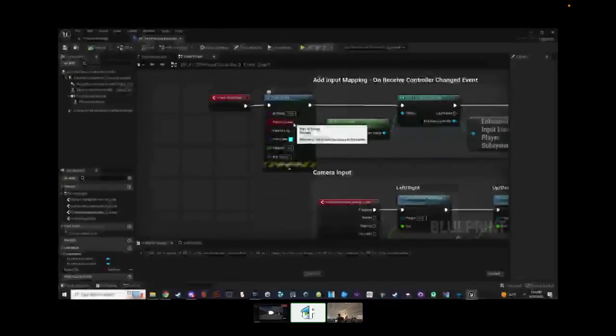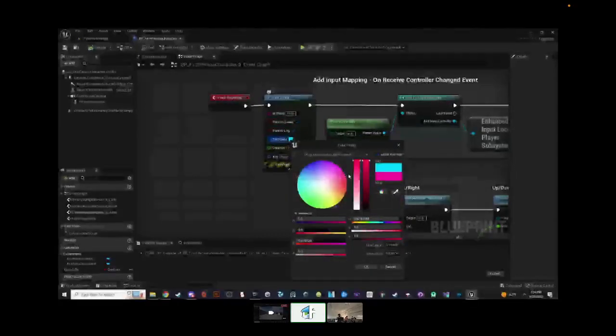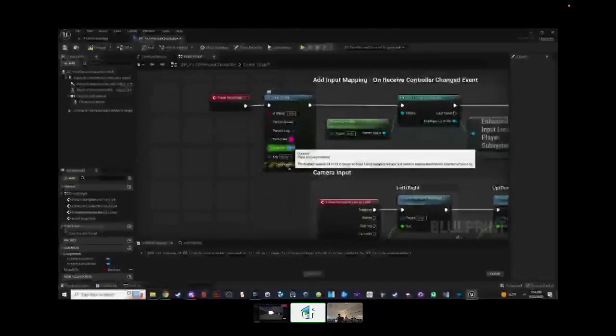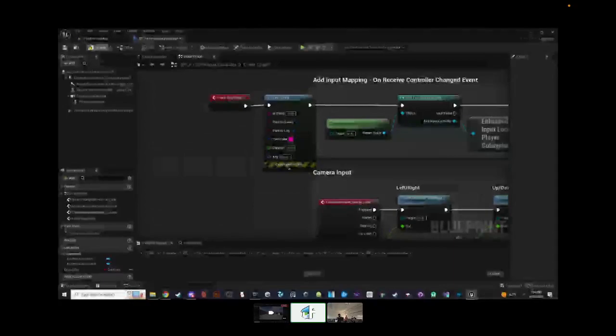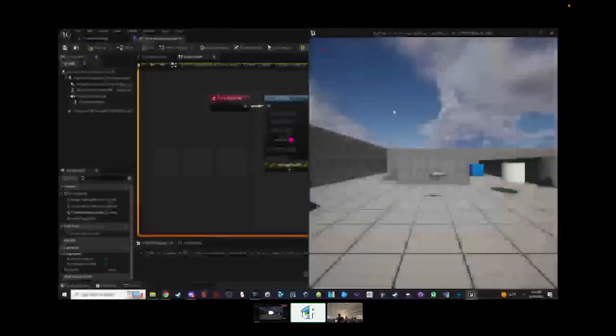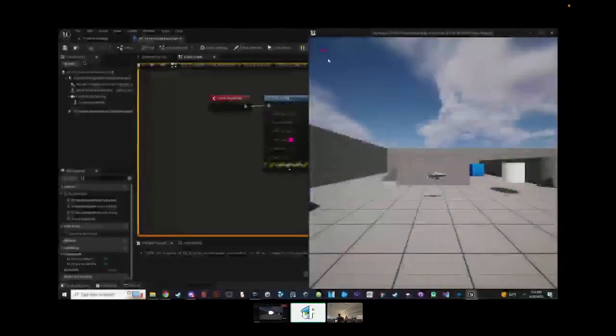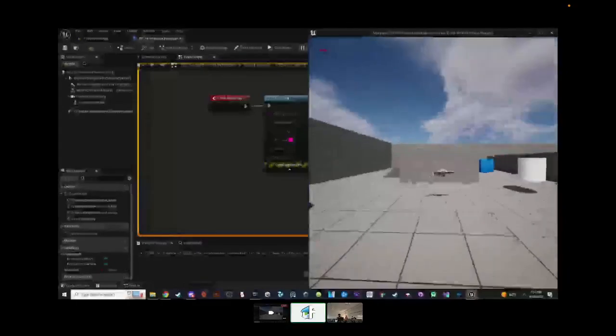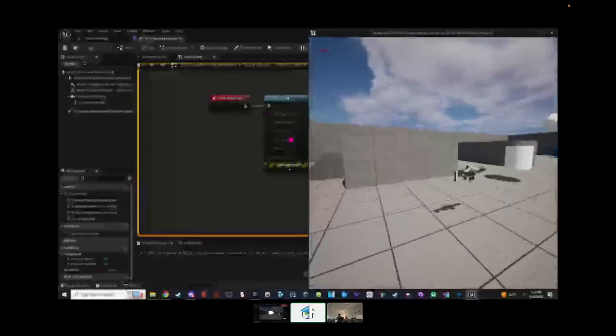And hey, look, more options. Print to the screen, to the log. You can change the text color as well. Let's make it magenta, I like magenta. And the duration as well, so let's make that last 10 seconds instead. Okay, compile, press play again. Cool, hello, in magenta, and it's lasting longer this time. So hopefully you can see that.